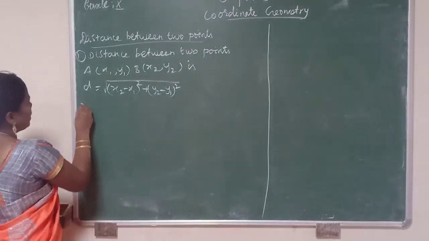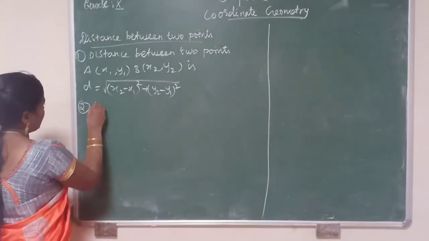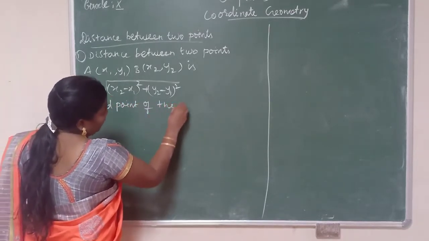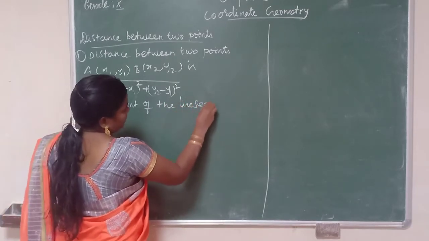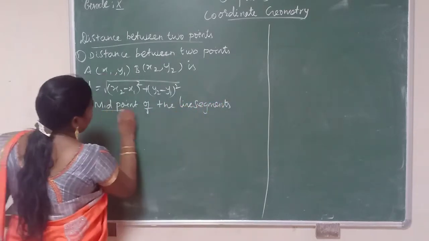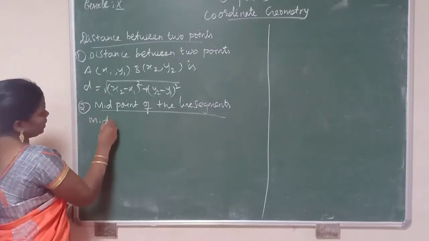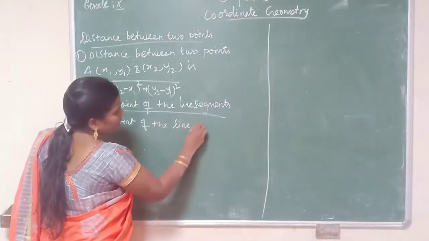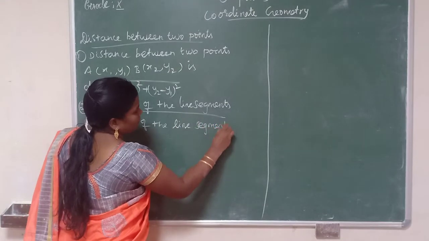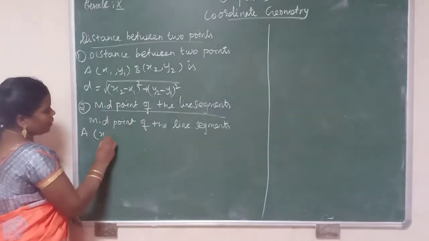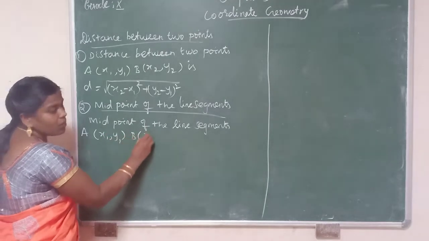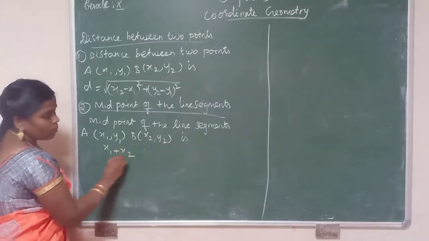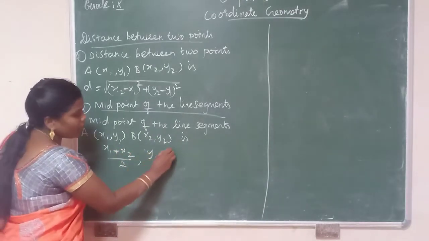Okay, so the next formula is the midpoint of the line segment. The midpoint of the line segment with endpoints A of x1, y1 and B of x2, y2 is x1 plus x2 by 2, comma y1 plus y2 by